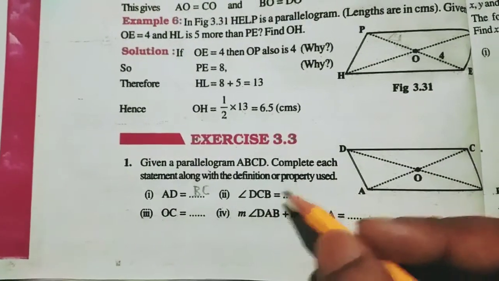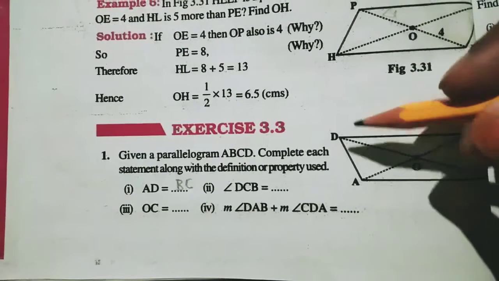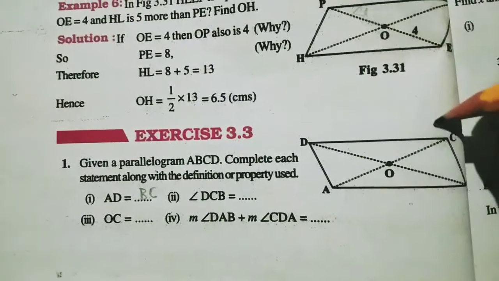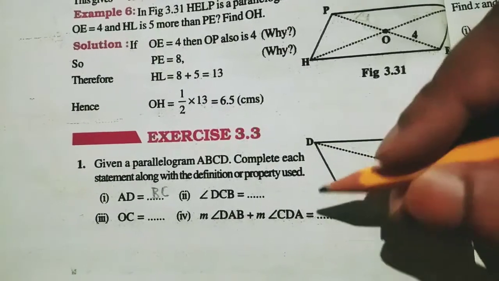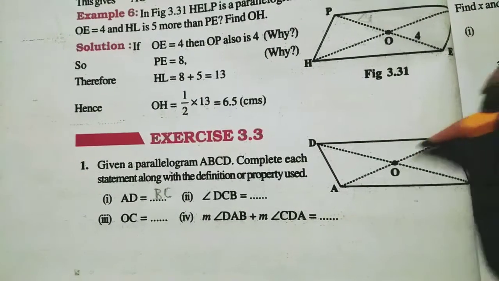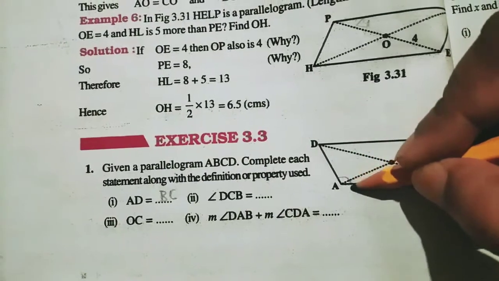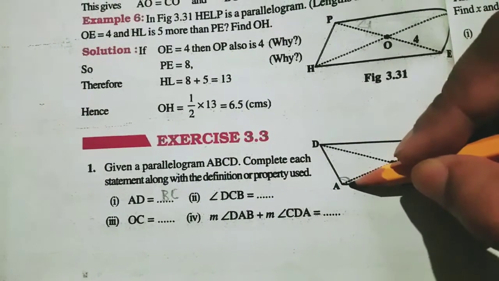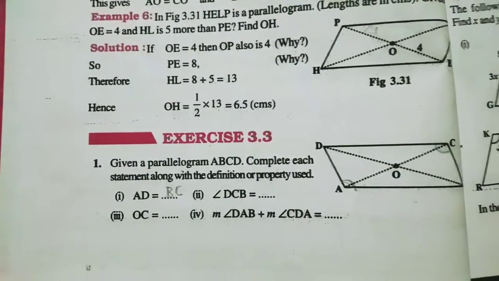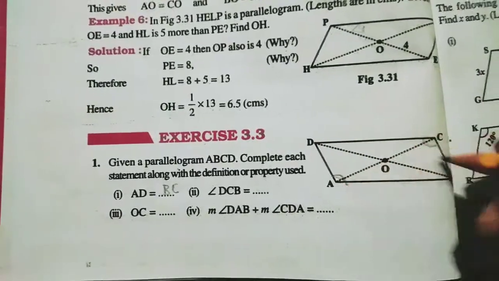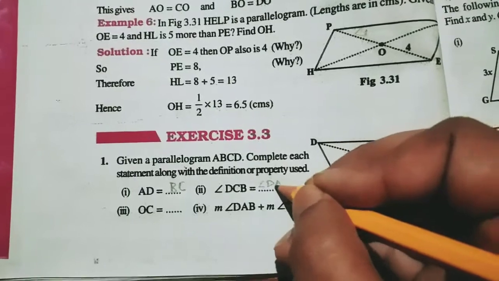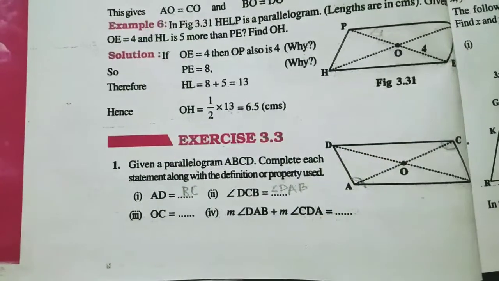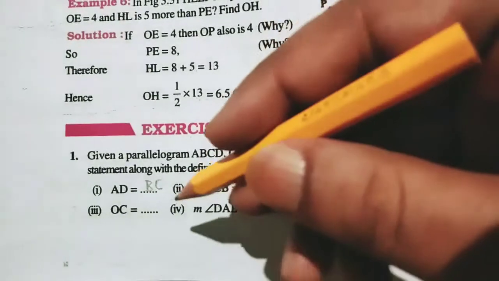Then angle DCB is equal to what? Which is the angle DCB? D, C and B. So this angle DCB. DCB is equal to which angle? So DCB is equal to this opposite angle because opposite angles of a parallelogram are equal to each other. That means this angle is DAB. So this is also one property, DAB. Understood? In this way.